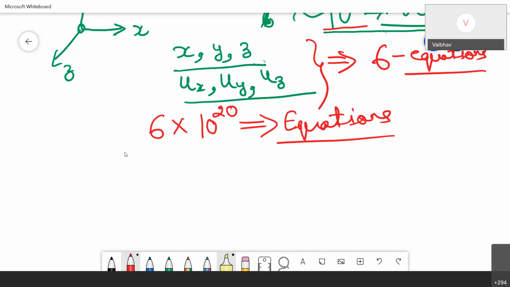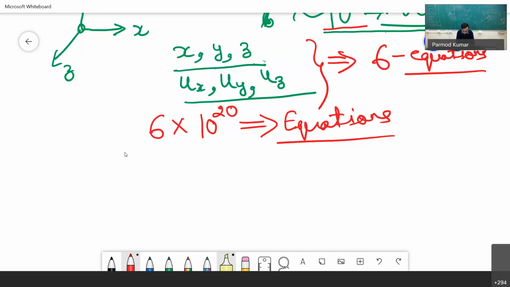Okay, so what will be happening? We will be having a large number of equations. Now, particularly when we are doing engineering applications, even with the high-end computing workstations that we have in the present days, we cannot go for this many equations. So that's why what we will be doing over here,